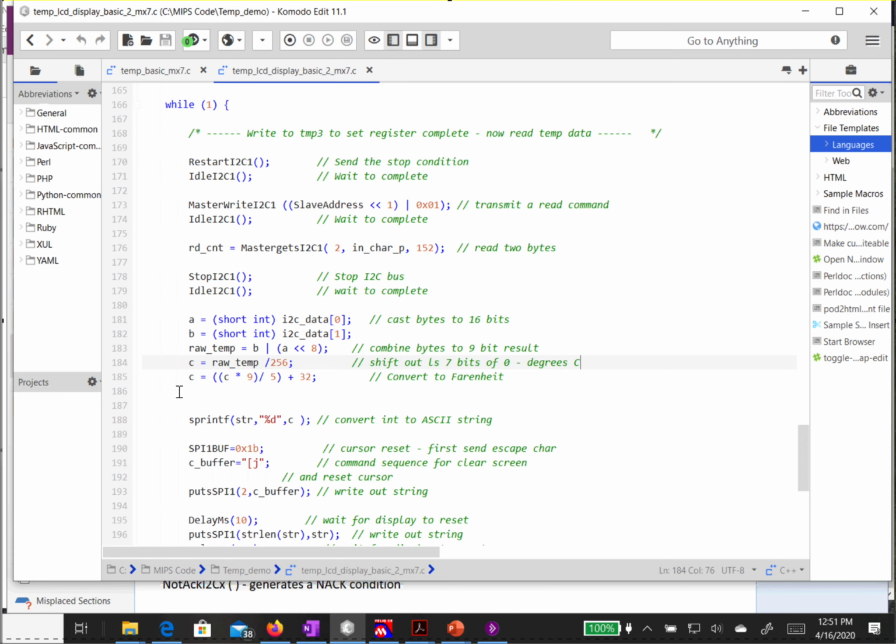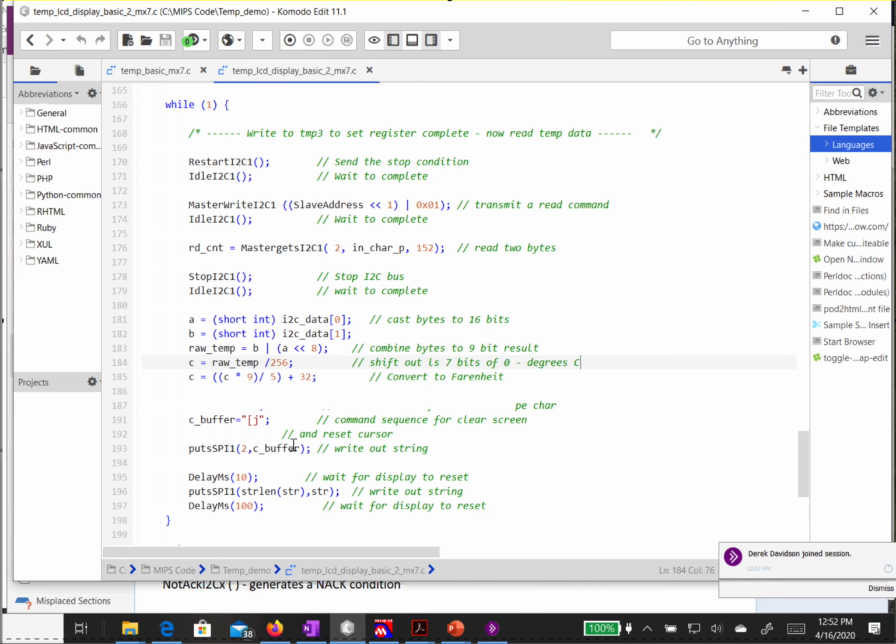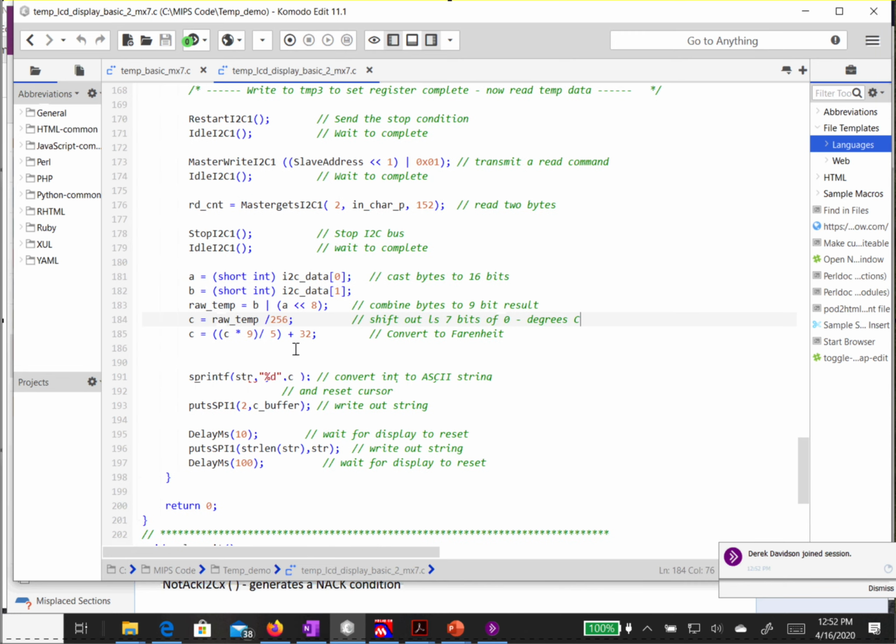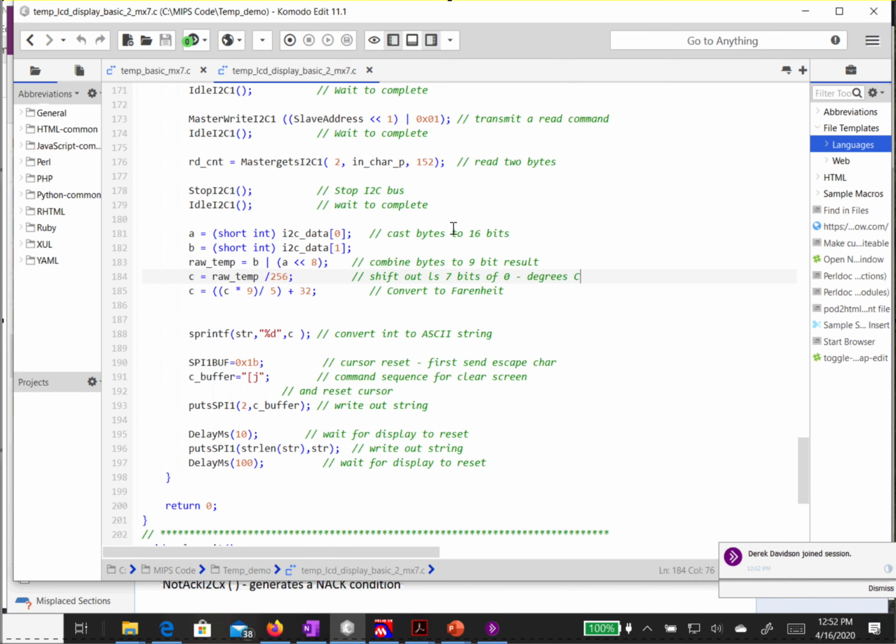And now I take that integer value, I convert it to ASCII characters using this sprintf. So I'm printing the character to a string, and then I use that string to write to the LCD display. And so I have this operational, and let's see if I can